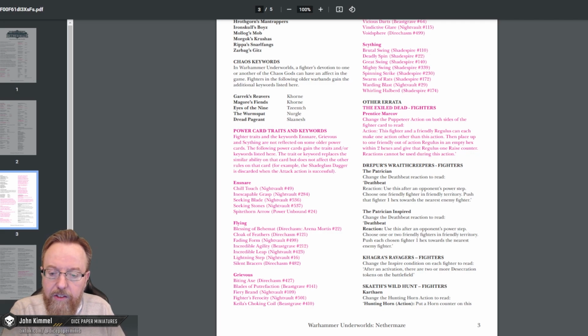So we have things like Ensnare. All these cards have the keyword Ensnare. So there's Chill Touch from the Night Vault. There's Inescapable Grasp, also from Night Vault. There's the Seeking Blade from Night Vault, Seeking Stones from Night Vault, and then the Spite Thorn Arrow, which is